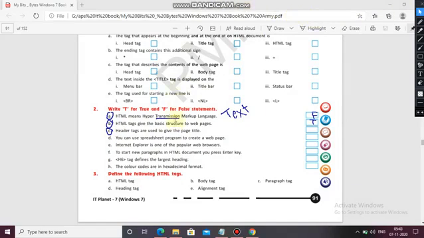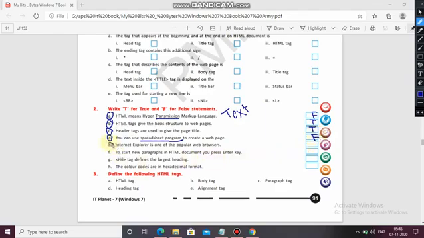There are heading levels which we use, so we can give the page title by using header tags, so it's also true. Next, D, you can use a spreadsheet program to create a web page. No, we are not using a spreadsheet program to create a web page, so it's false.